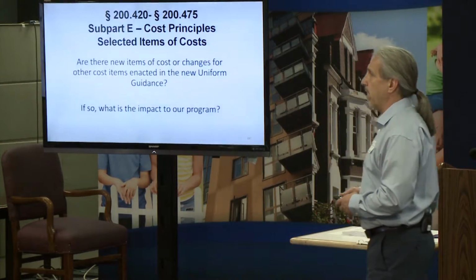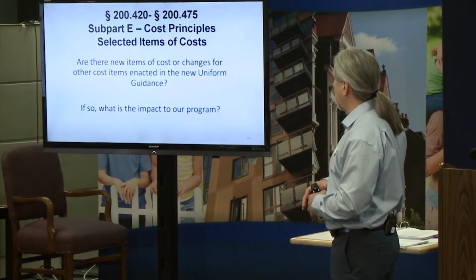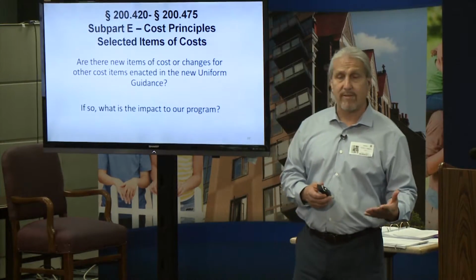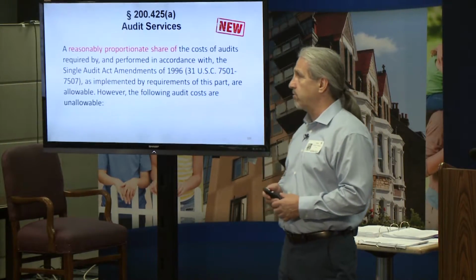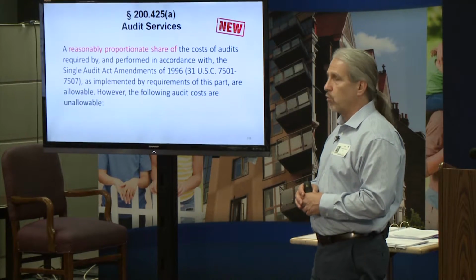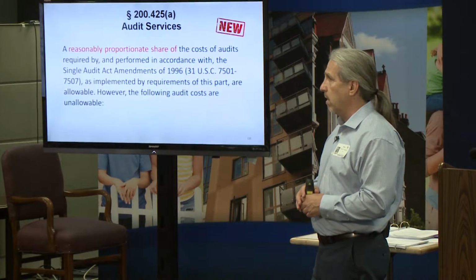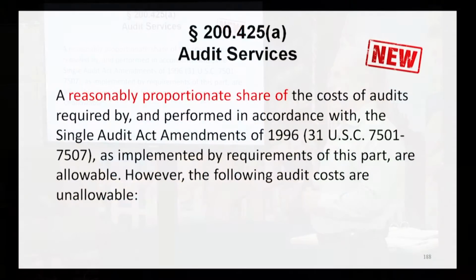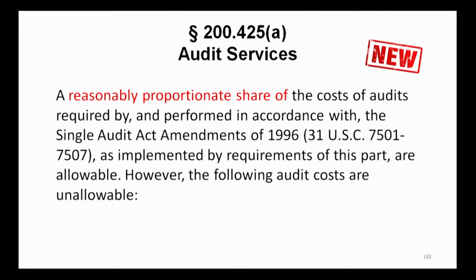So, all right, let's jump in and see, are there some new items of cost that we need to look at? If so, what is the impact to our program, and what changes do we really need to make? So the first one to look at is 425, paragraph A. Nothing earth-shaking. Again, this is the new language added under 425, that it's a reasonably proportionate share of the cost of audits